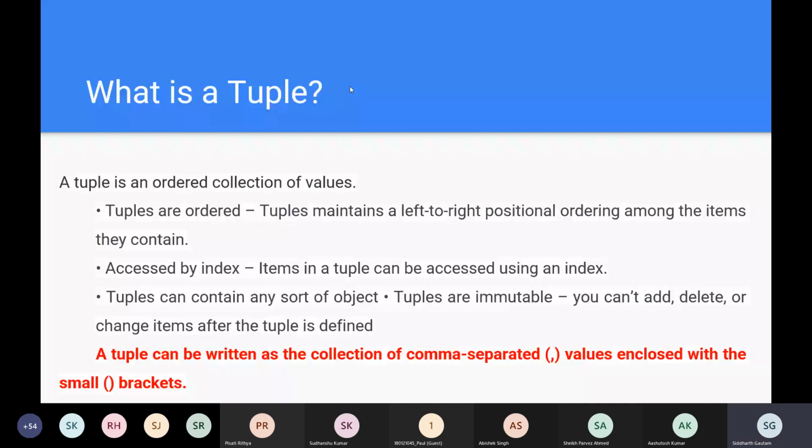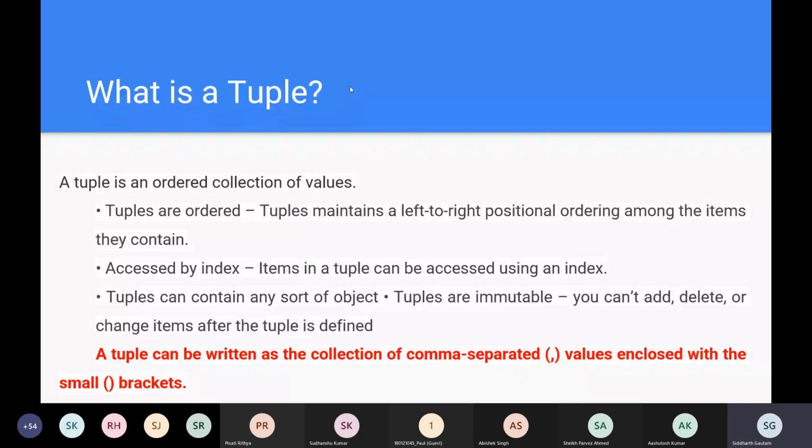Now let's take a look at the attributes of a tuple. So tuple is an ordered collection of some values, like some elements which can be of different data types. Tuples are ordered. Okay, so in set, as we saw, there is no first element, there's no last element, the order can shuffle around and it will not have any change on the value of the set. But a tuple is ordered, like the first element will remain first and the last element will remain last.